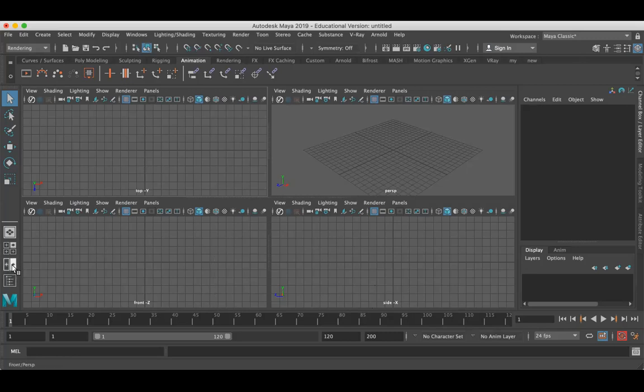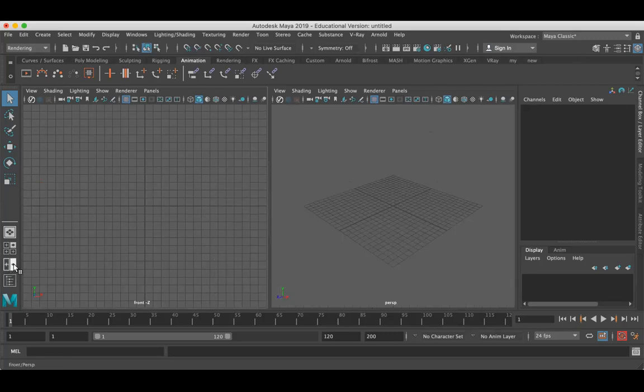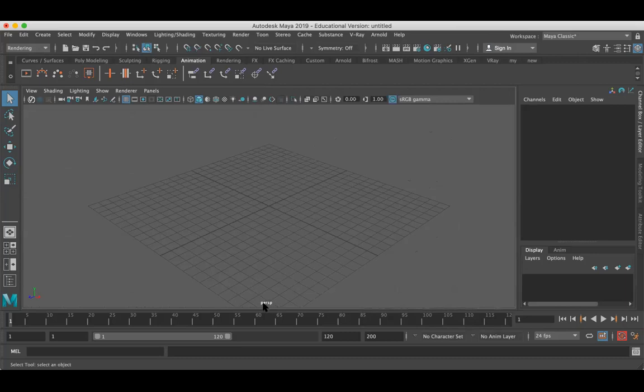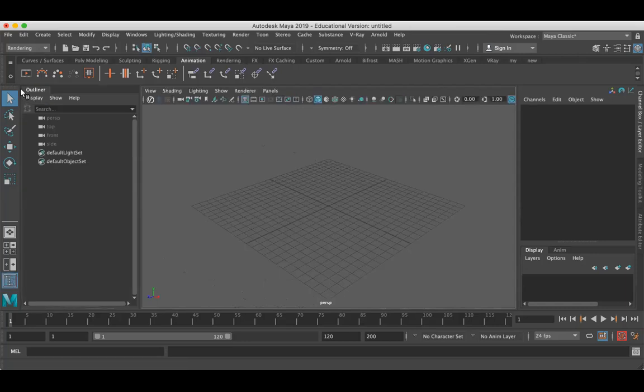If you select the next one, you get two viewports here. One is the perspective viewport and another one is the front viewport. Now I'm going to switch back to the single viewport. This is the perspective viewport, and look here at the last button. You can find the outliner.